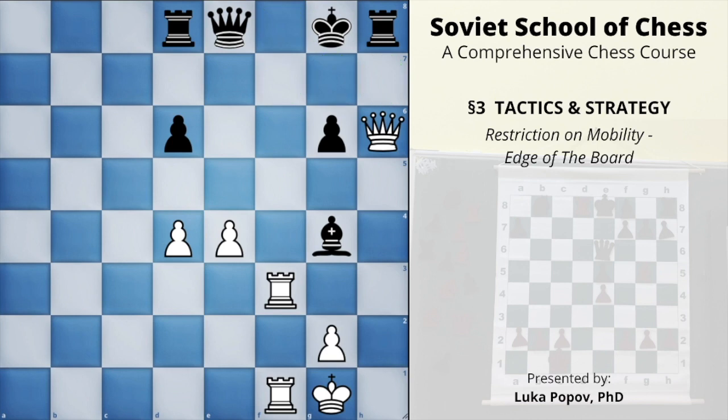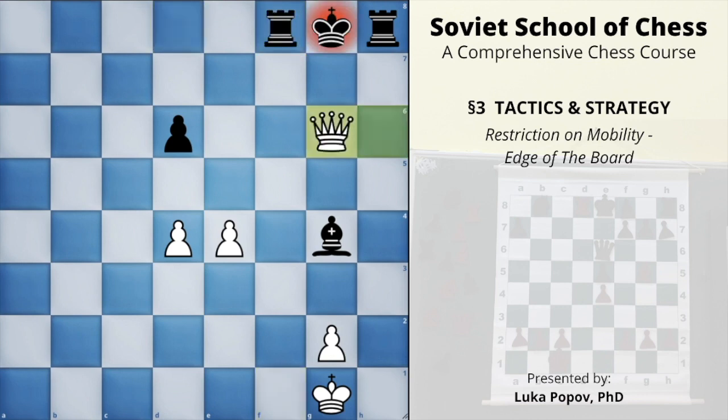So if you notice this, you can calculate the sequence of moves. It begins with rook to f8 check. The only way to get out of the check is to capture the rook with the queen, and now you can sacrifice another rook, so rook to f8 check. Again, the only way to escape the check is to capture the rook, and now queen takes g6 checkmate. So this very famous and very beautiful mating pattern is called a Philidor mate, and I think there are several games of Paul Morphy in which he used this pattern or a variation of this pattern